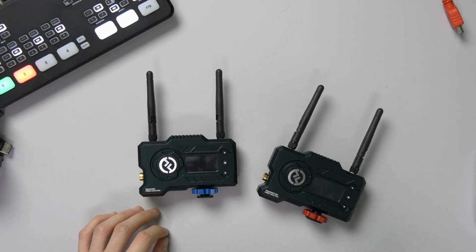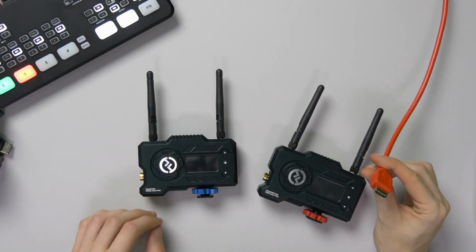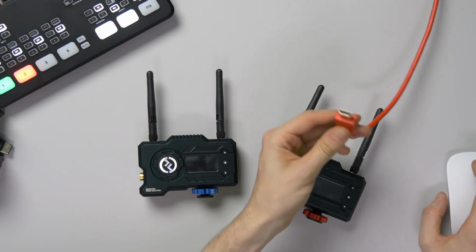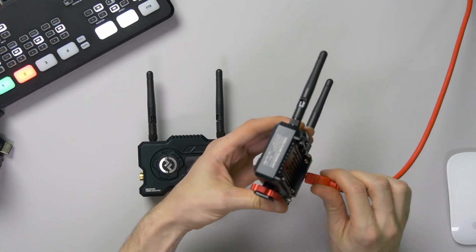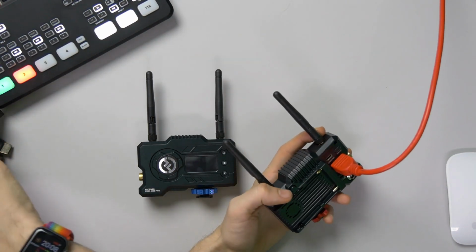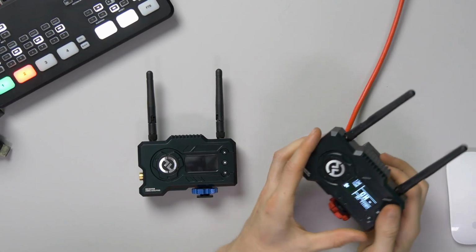So I actually have my laptop. It's been split over HDMI, and one of the HDMIs is this one right here, which is coming right into the transmitter on the table. And if I just plug that into the HDMI input on that, power it up with a battery,